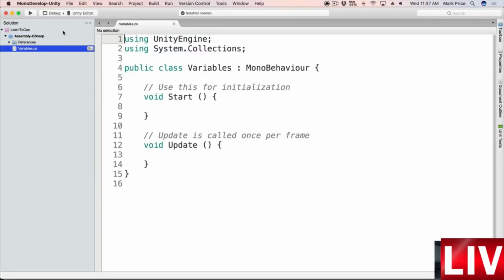And this is going to load up MonoDevelop, which is the IDE. And we'll be using MonoDevelop for this. And you can also use Visual Studio, which I'll be showing you later, if you don't want to use the built-in MonoDevelop. And you'll notice here, when you click your variables.cs, that there's a start function and